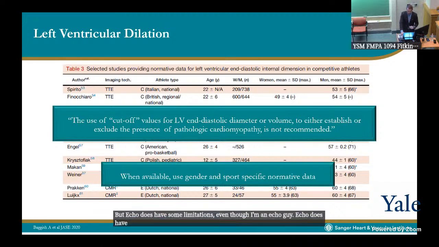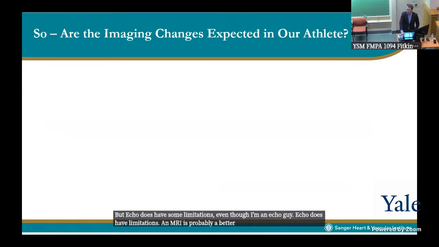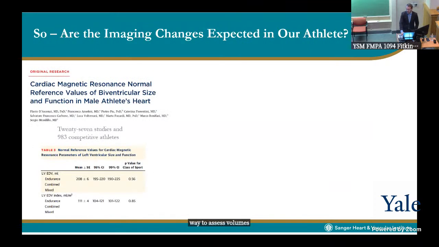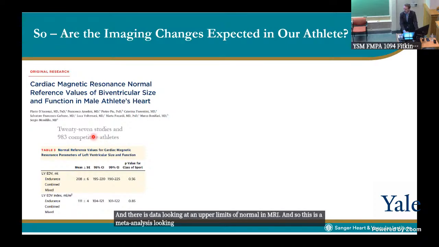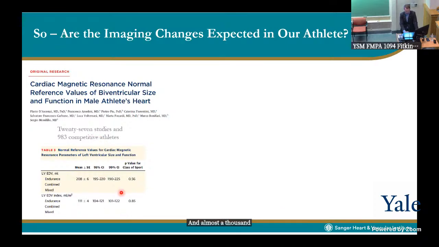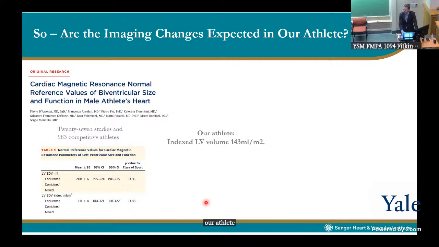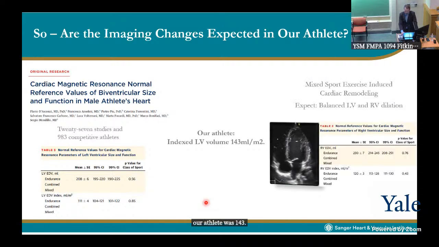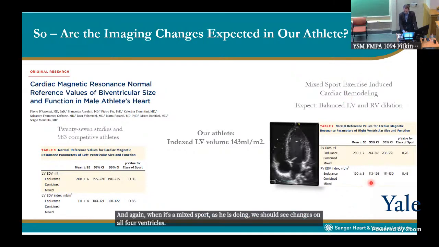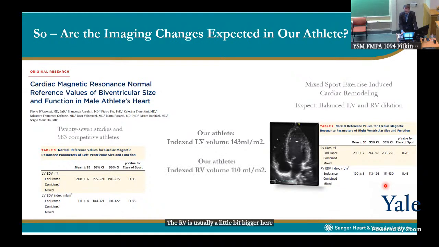And MRI is probably a better way to assess volumes. And there is data looking at upper limits of normal in MRI. And so this is a meta-analysis looking at 27 studies in almost 1,000 athletes. And we can see the upper limit of normal here for an index LV volume is 122. Our athlete was 143. And again, when it's a mixed sport, as he is doing, we should see changes on all 4 ventricles. The RV is usually a little bit bigger here, so the upper limit of normal being 130,